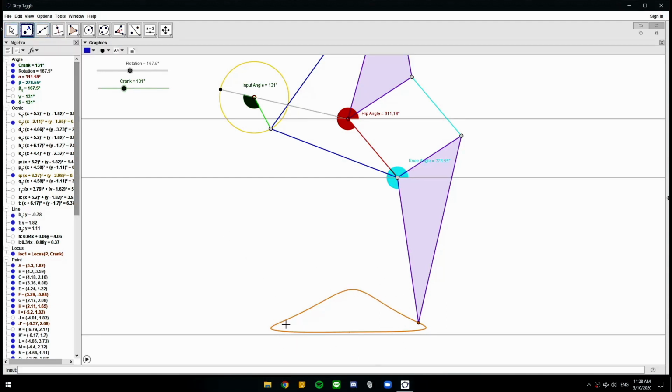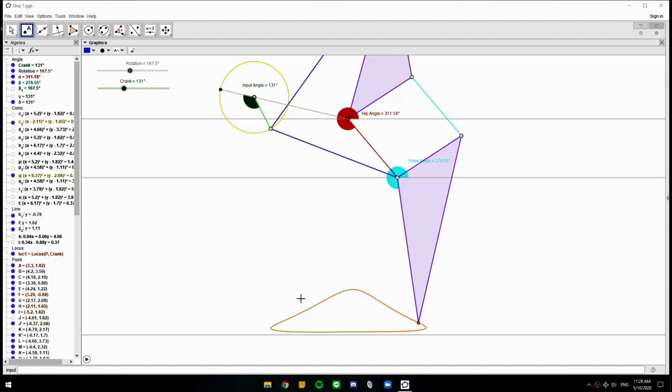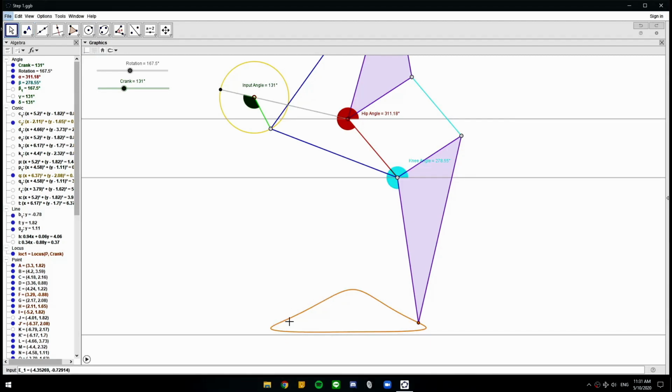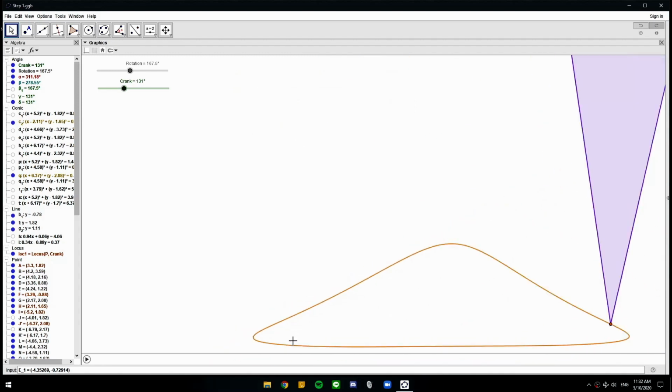The way I do it is actually not directly on the trajectory itself, because there is a bug in Geogebra where if you put points on the trajectory, open the file after you saved it, it messes up the locations and it just goes all the way to the bottom again. So let's zoom in. To zoom in faster, you hold Alt and use your scroll wheel, and then let's choose